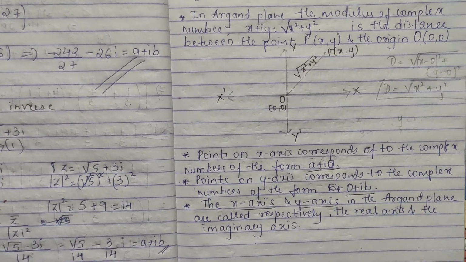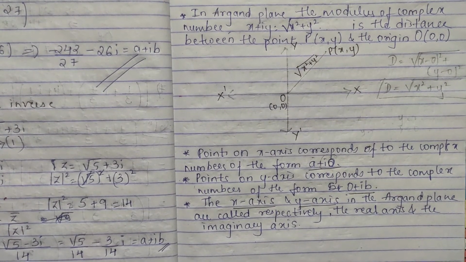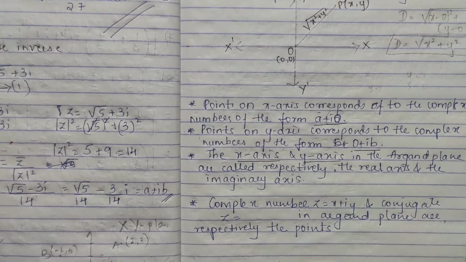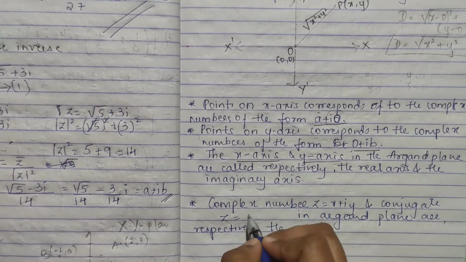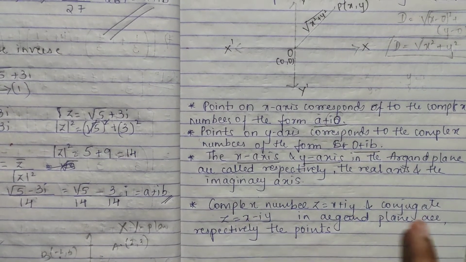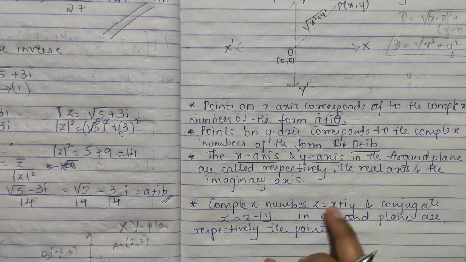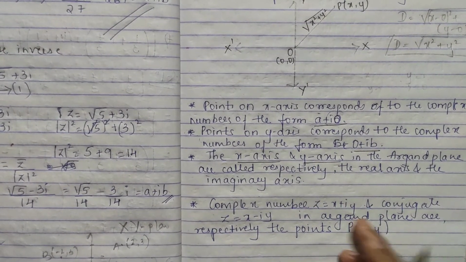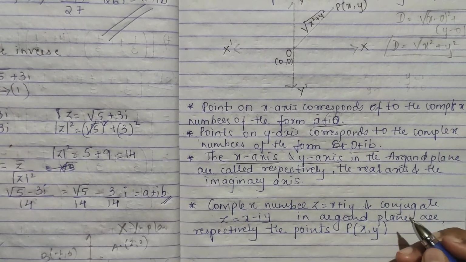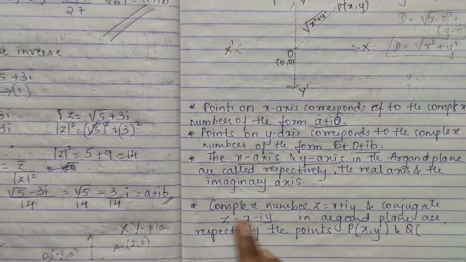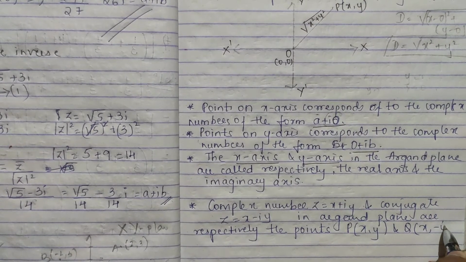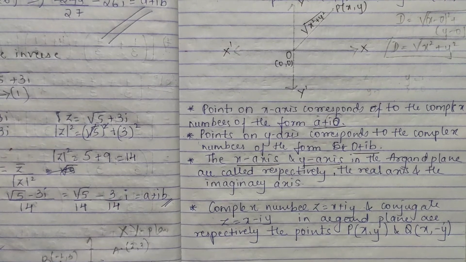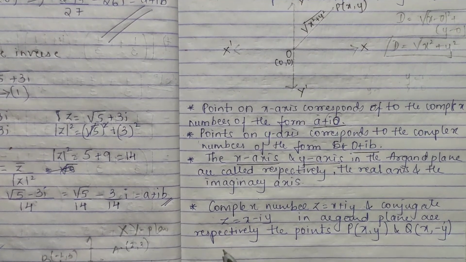Now, the representation of a complex number and its conjugate. For a complex number, suppose z is equal to x plus iy, its conjugate is x minus iy. So, in the Argand plane, its points are: if I take this as P, this point is (x, y), and for the conjugate, suppose I take Q, this is (x, minus y). Like this we write the points. Geometrically, how it is represented, we will see.